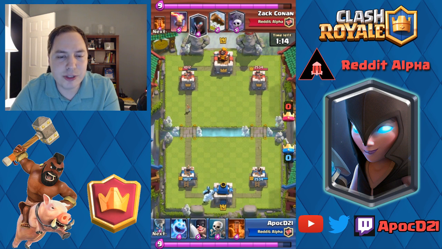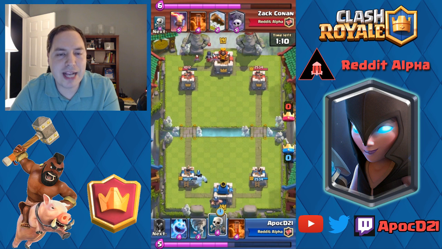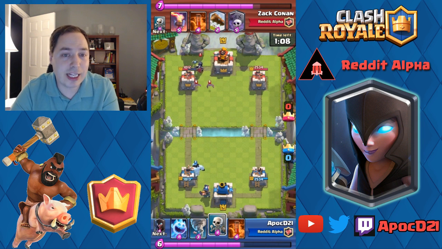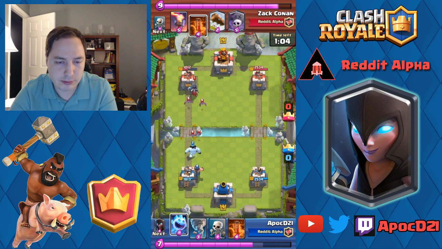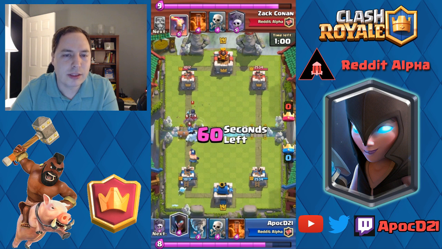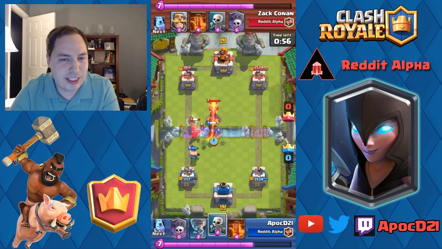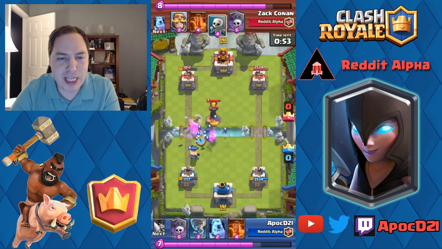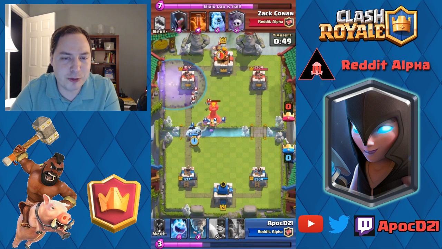So we get an Ice Golem in the back. We can drop an Executioner as well. Executioner, like I said, is a great counter to the Night Witch, which you will see right here. So he drops an aggressive Inferno Tower. It does wind up eating our Night Witch, but our Night Witch drops those Death Spawn bats